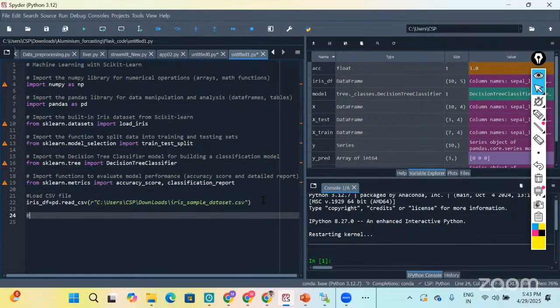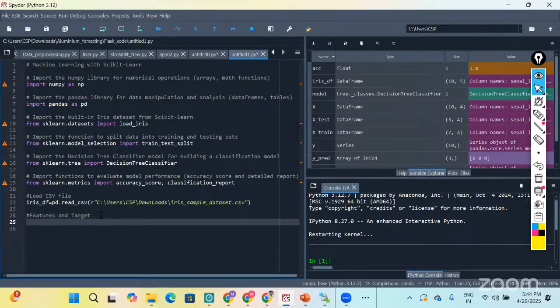Next, we need to select the features and target. We need to select the input variable as well as the output variable. Features are our input variables. Target is our output variable. Now X is my input variable, and I'm selecting iris_df. Then I need to select my input features.